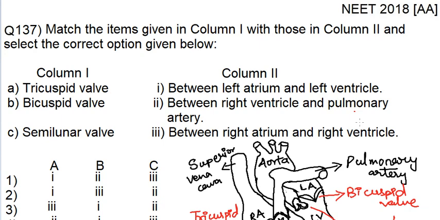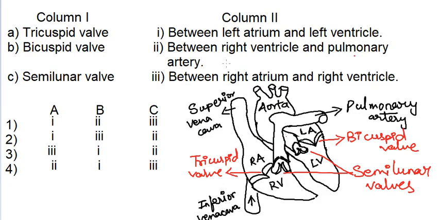Before discussing this question, let's quickly discuss how the circulation happens in the heart. As you all know, the human heart has 4 chambers, 2 upper chambers, right atrium and left atrium, and 2 lower chambers, right ventricle and left ventricle. And you have the aorta. What is this aorta? This aorta is the largest artery. The function of the aorta is to carry the oxygenated blood and distribute it to all the tissues and cells present in the body.